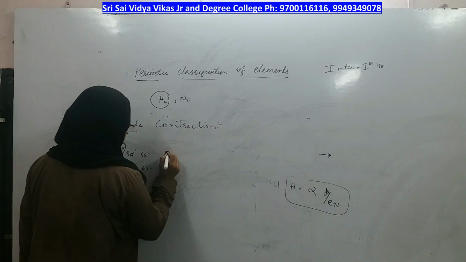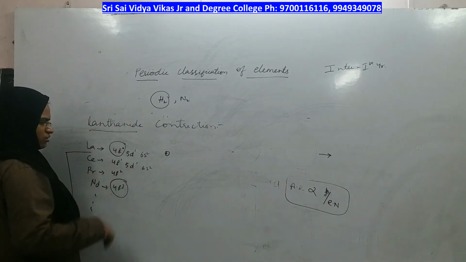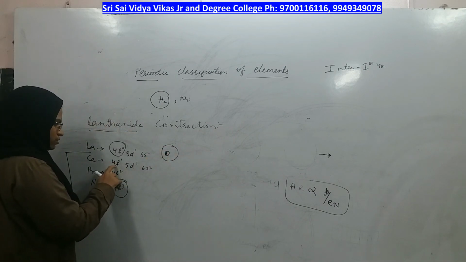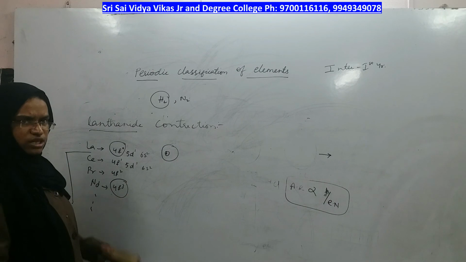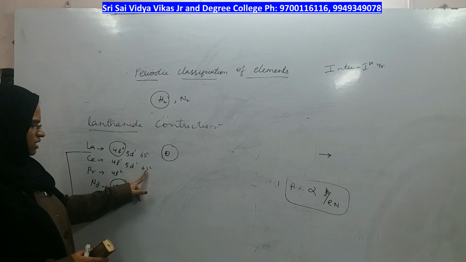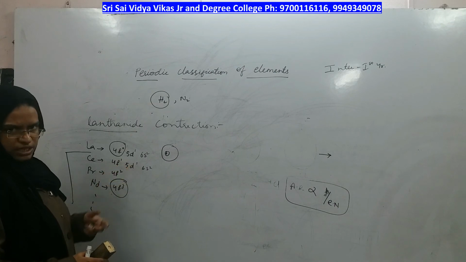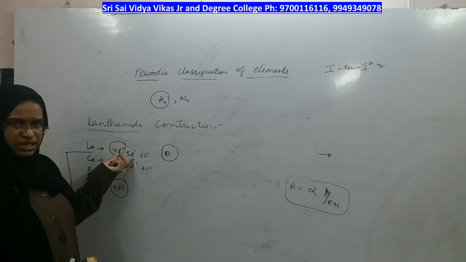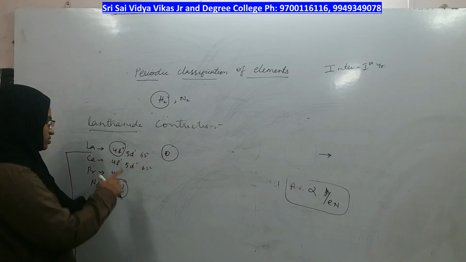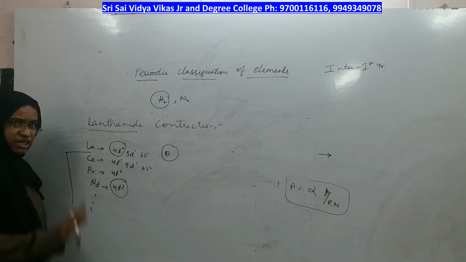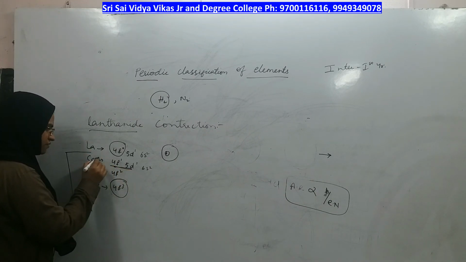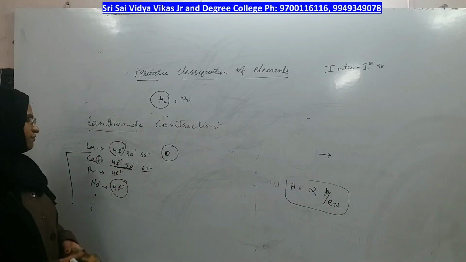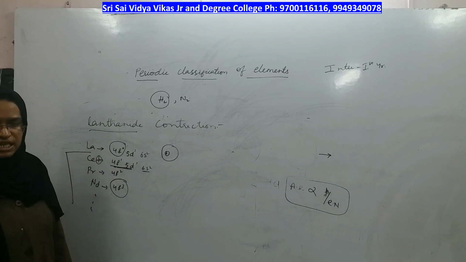If the electron increases, the charge of the nucleus also increases. And you know who the valence electron is here? The valence electron is in the 6th shell. The middle electrons are 4f and 5d. And I told you that the screening effect will be shown by the middle electrons, not the valence electron, right? Though the electron is entering into the f orbital, the f orbital is present in between. If this is the nucleus, this is the middle electron, this is the last electron, right? Screening effect of f orbitals, you please recollect.